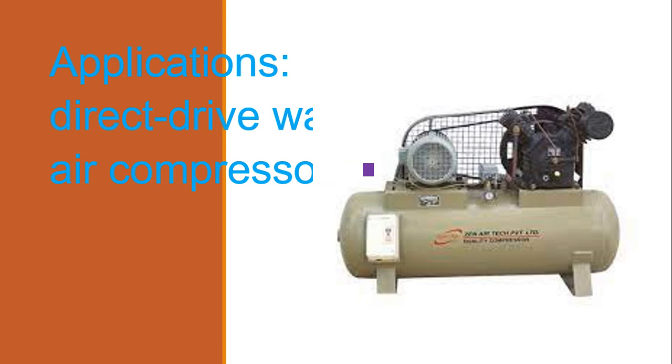Because maybe you have already used a cycle pump. It is easy to push the air in the beginning because it has less air, but while pumping air into the tube of the cycle, what happens, it is hard at the end because it has more air already inside, so we won't be able to push easily. If that happens in compressors, the air is getting compressed, so it requires very high torque, and the CSIR will give the higher torque which is required by the air compressor. I hope you are clear.